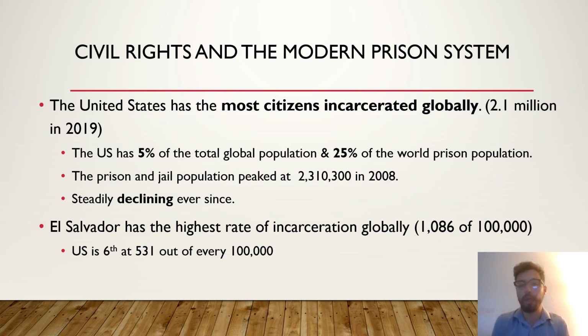Now, we also know and acknowledge that I like to have a brief acknowledgement because we live in a period of high levels of partisanship. And this issue is not one of partisan origins. We see the realignment of political parties in the 60s and 70s push many pro-segregationists out of one political party into the other. But beyond this sentiment, we see that the actions of both Democratic and Republican candidates after this party realignment has resulted in the increasing rate of incarceration among citizens and increasing rate of incarceration among racial minorities